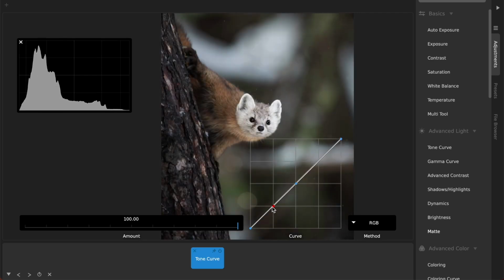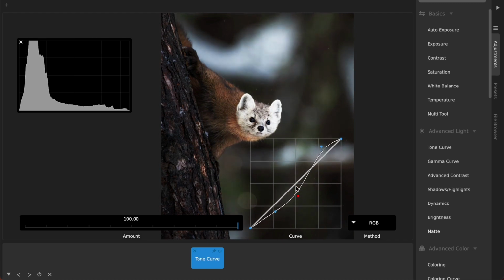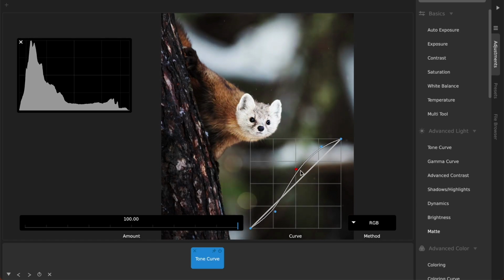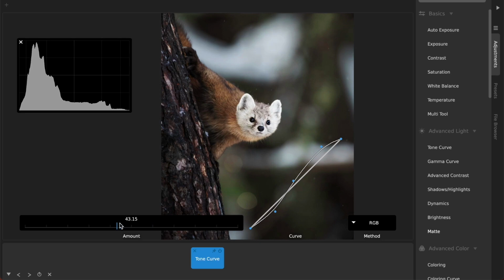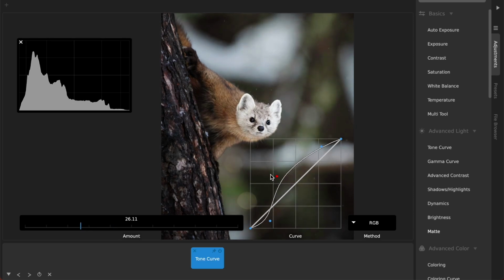But if I click here and put different little nodes in here, I can separately adjust the lighter parts of the image and the darker parts of the image. And this is kind of like adjusting those shadows, midtones, highlights sliders. But there's a lot more subtlety and variety to what I can do. And especially if I turn down the whole amount of this slider, how much it's affecting it, then I can get really subtle adjustments in here to really just perfect exactly the tones that I want to make lighter and